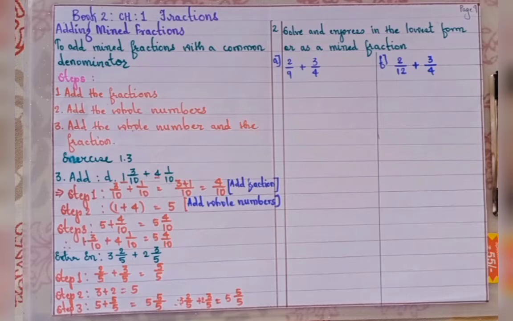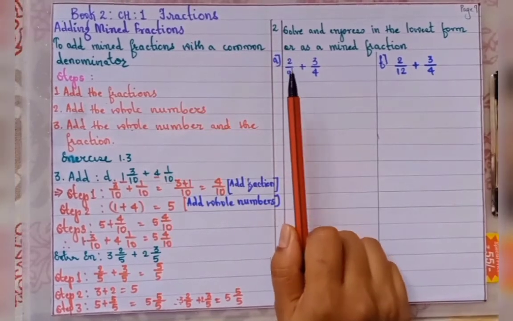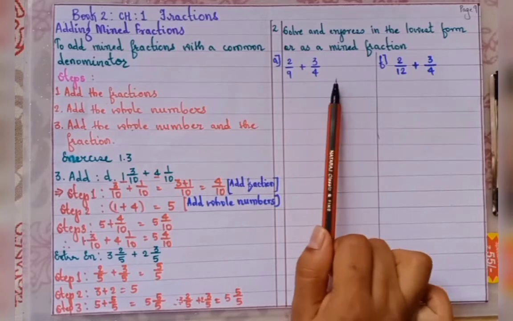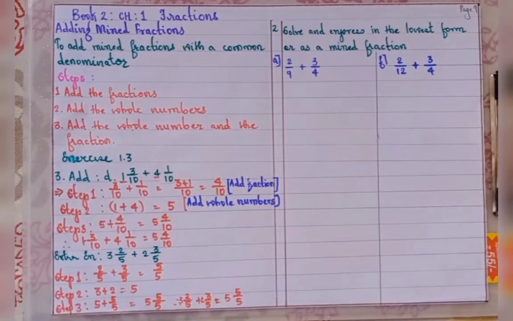And definitely you will find an improper fraction, or a fraction which is not in its lowest form. So after adding, the sum which we obtain in terms of a fraction, we have to reduce to the lowest term. So let's get started. Our first question, 2 upon 9 plus 3 by 4. So these are unlike fractions. So first let's take out the LCM.